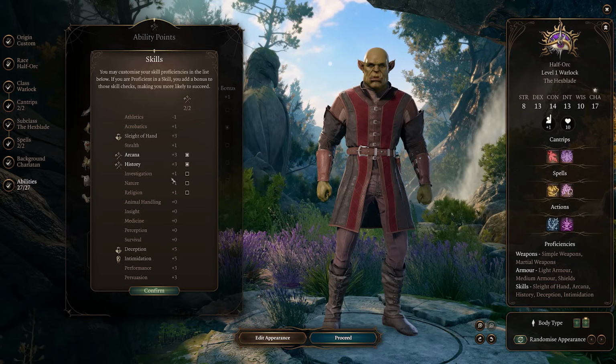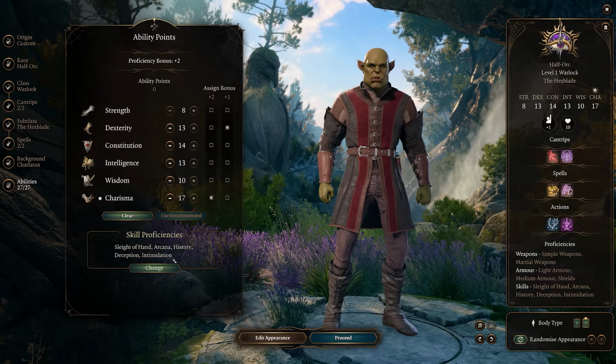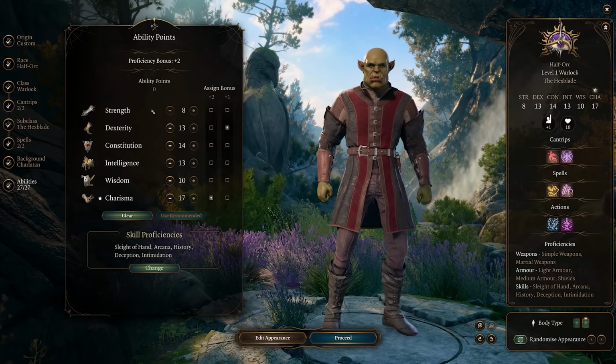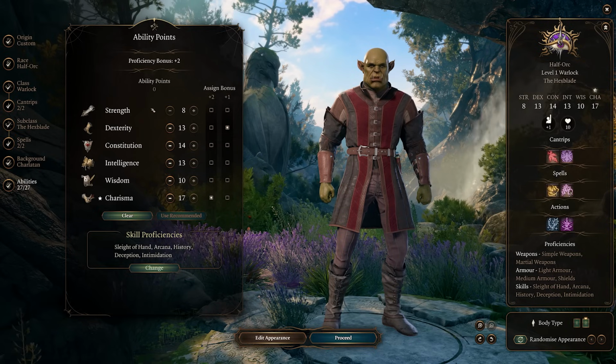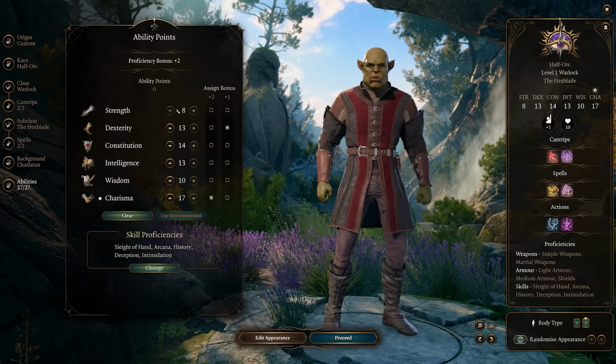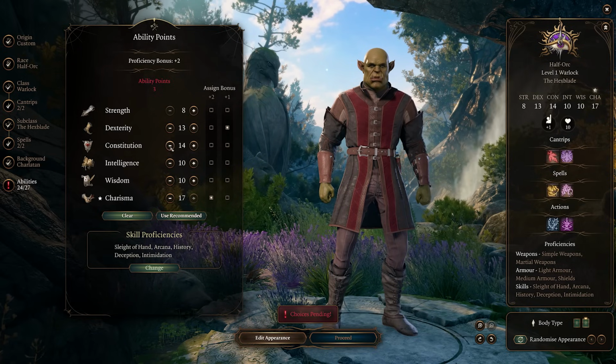But for our attributes, or our ability points if you prefer, some things to note. We don't need strength. Despite being a melee character, our Hexed Warrior and Hexed Weapon will give us charisma for our attacks immediately. We don't need strength at all. So what I like to do here is keep charisma at 17 with our +2 bonus, and then what we're